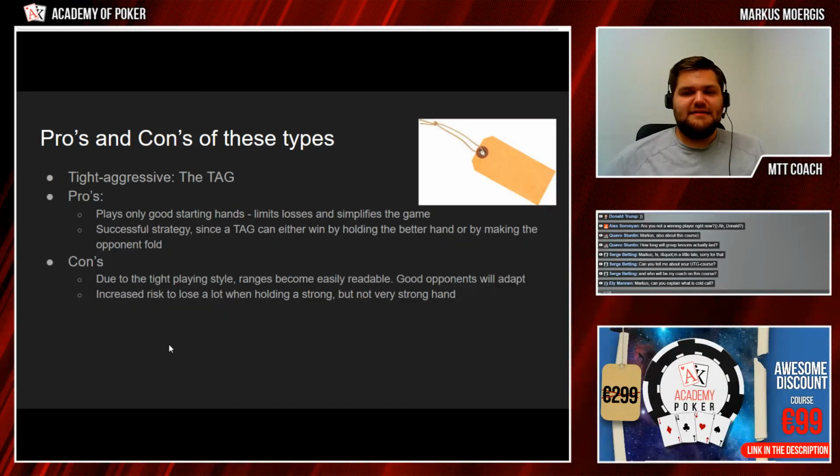Then we have the TAG, the tight aggressive player, and this is mostly the best way to play. You only play good starting hands, you have your ranges, like our ranges we will provide you when you sign up here. And it's going to limit your losses and it simplifies the game because you just know what to do. You know what to open in UTG, you know what to 4-bet if you get a 3-bet, you know what to fold if you get 3-bet,